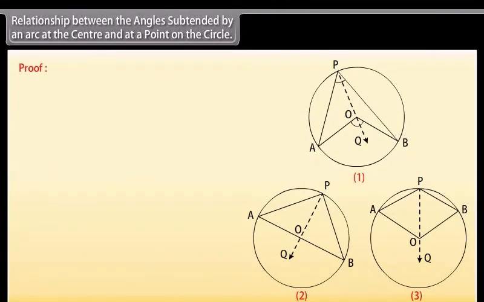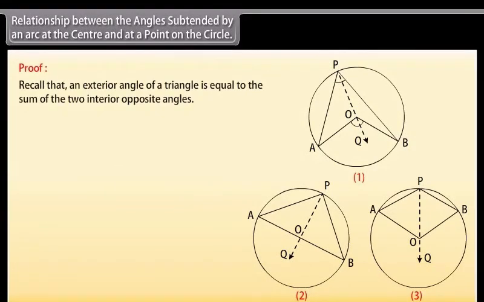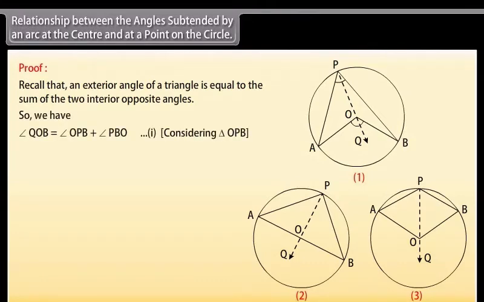Proof. Recall that an exterior angle of a triangle is equal to the sum of the two interior opposite angles. So we have angle QOB is equal to angle OPB plus angle PBO. (1) Considering triangle OPA, angle AOQ is equal to angle APO plus angle PAO. (2)